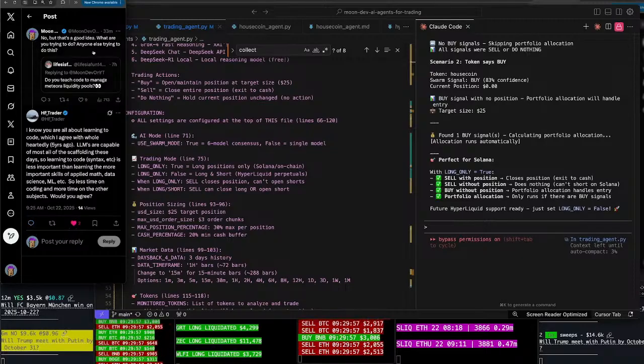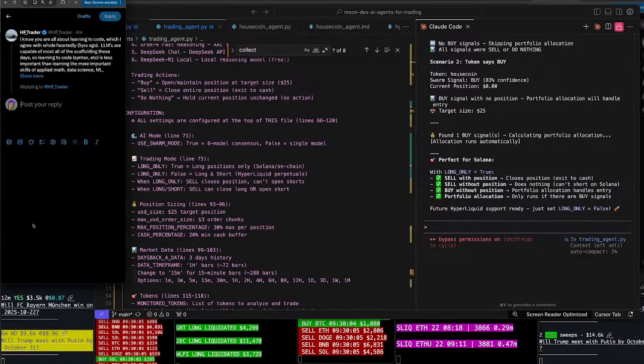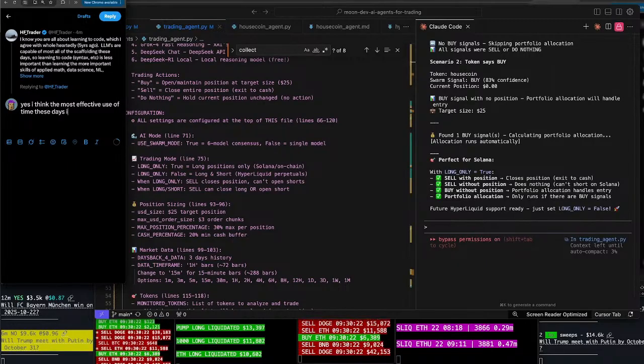What are you trying to do? Anyone else trying to do this? I know you're all about learning code, which I agree with wholeheartedly 5 years ago. That's facts. Yeah, I think that most time, yes, I think the most effective use of time these days is alpha generation,